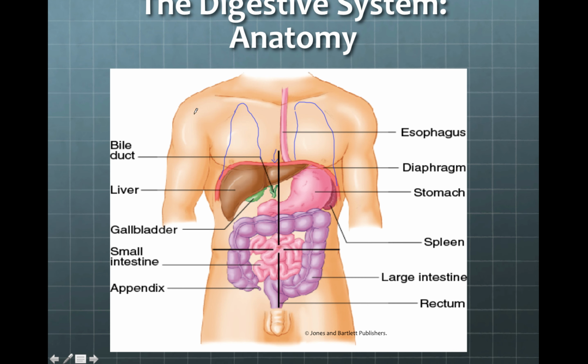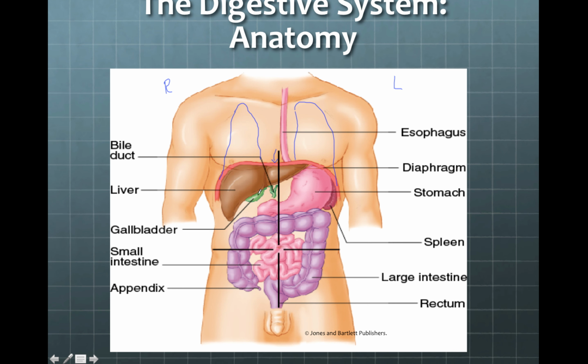So remember, anatomic position, and this is our patient's right side, and this is our patient's left side. And that can be a challenge as a new provider to remember that we're looking at the patient and remembering which is their right and left. So most of the liver is going to fall on your patient's right side, and buried underneath it is the